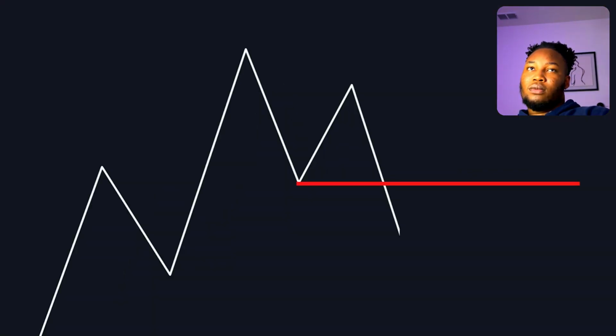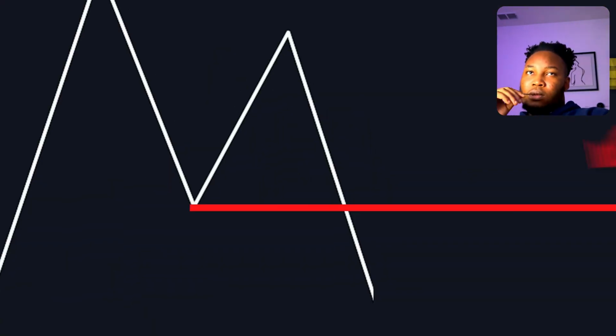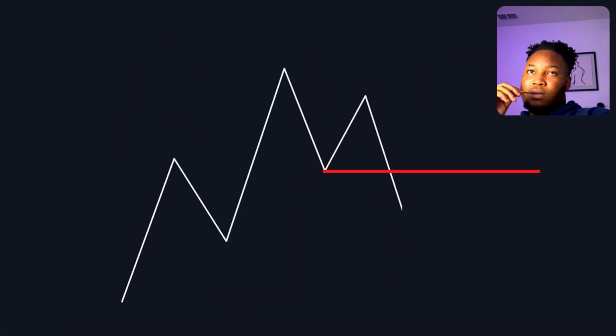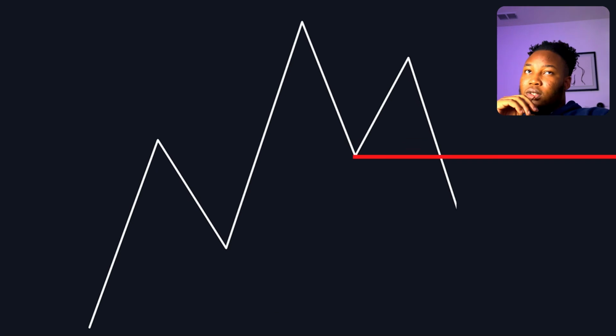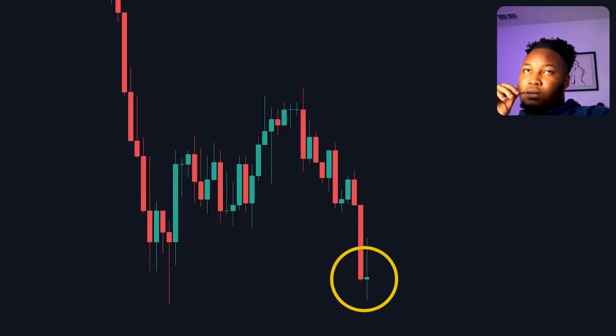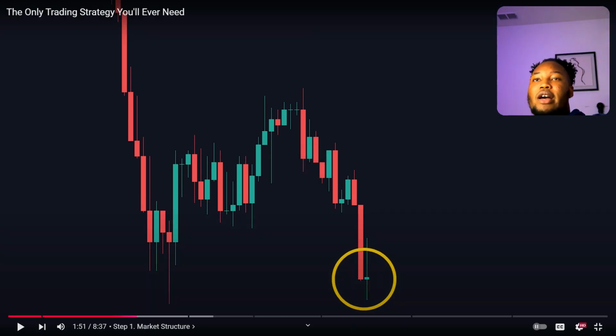You see, sure, price made this low, but this low is actually not a low at all, or at least not a valid one. Why? Because price never broke the valid low, which is right here. I want to make this very clear. In order for a low to be valid,